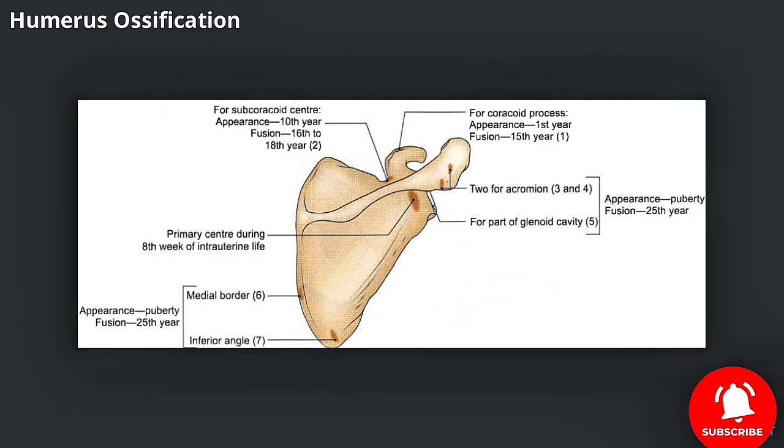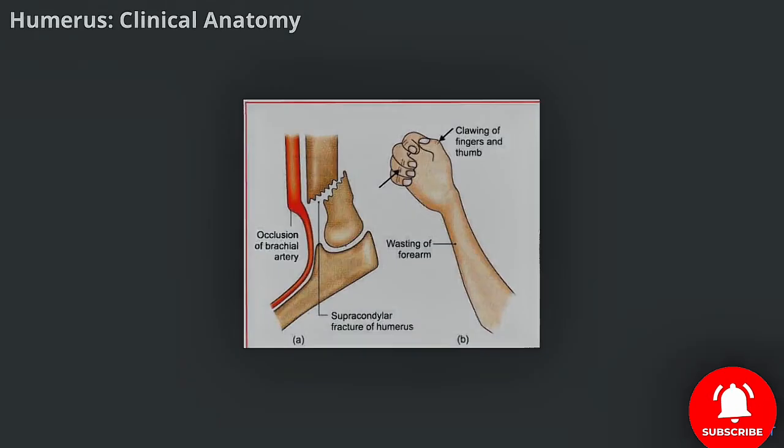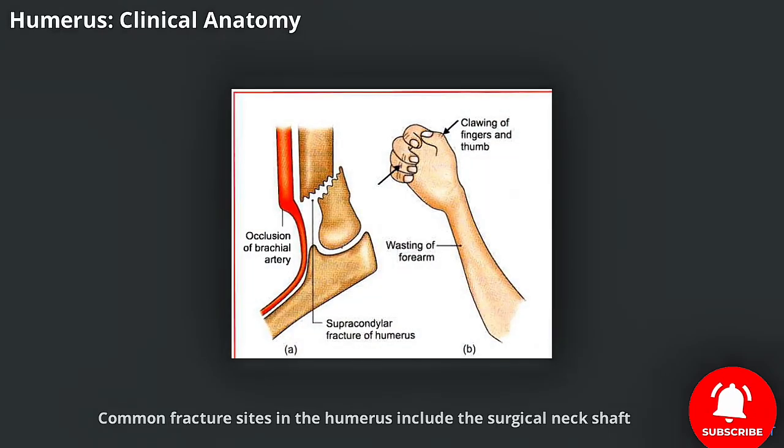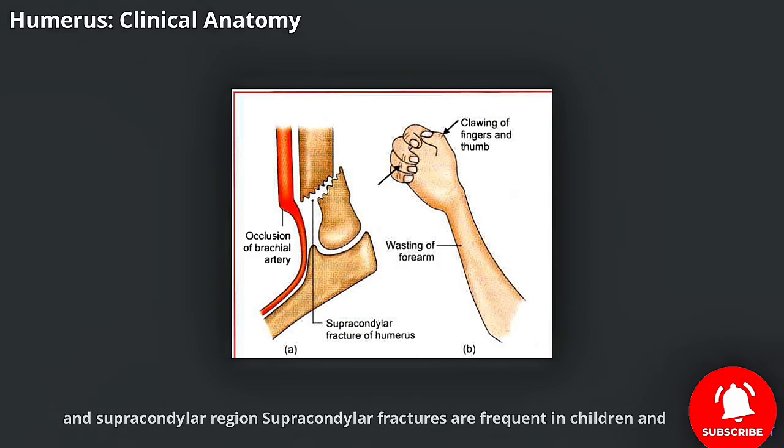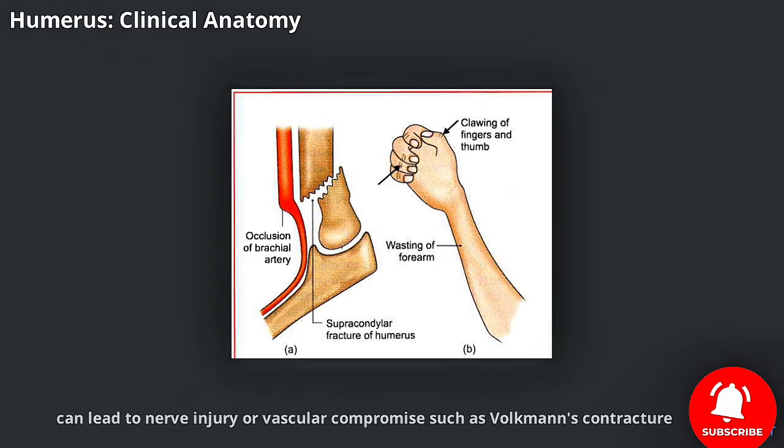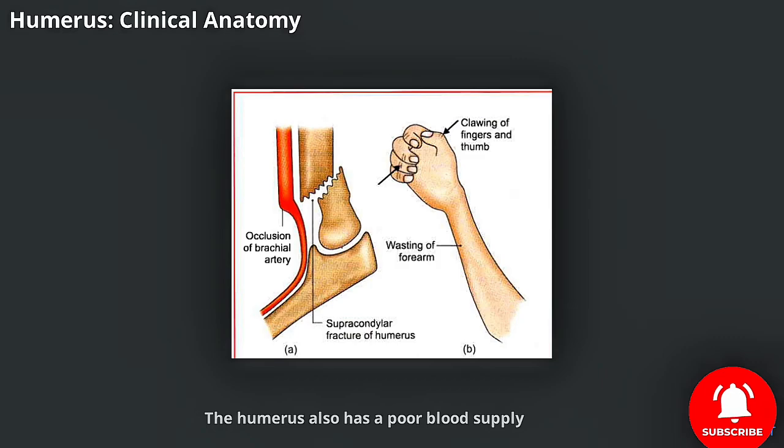The pattern of ossification is important for assessing bone age and diagnosing growth disorders. Common fracture sites in the humerus include the surgical neck, shaft, and supracondylar region. Supracondylar fractures are frequent in children and can lead to nerve injury or vascular compromise, such as Volkmann's contracture. The humerus also has a poor blood supply at the junction of its upper and middle thirds, which can result